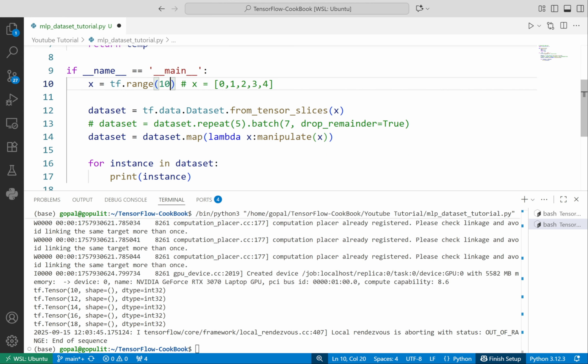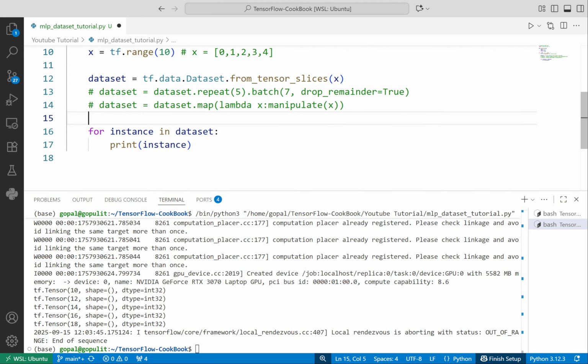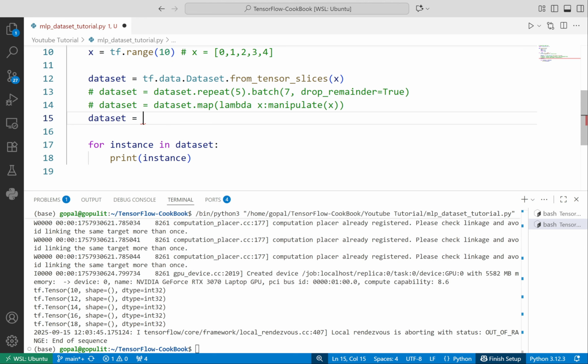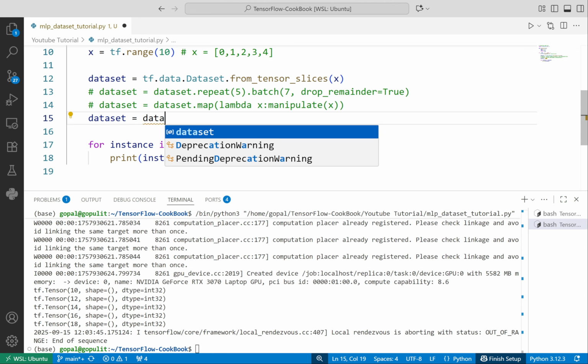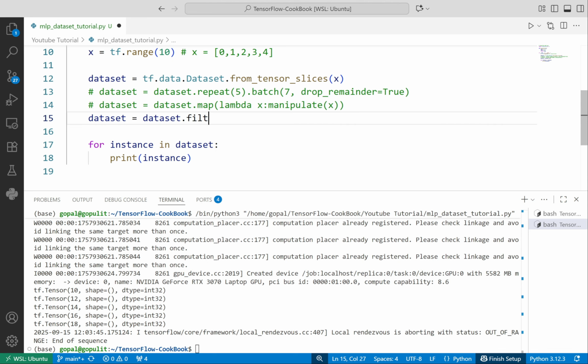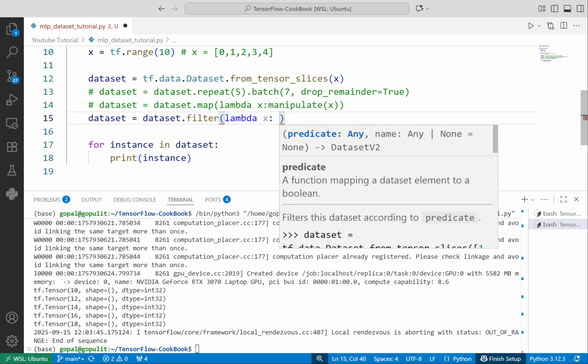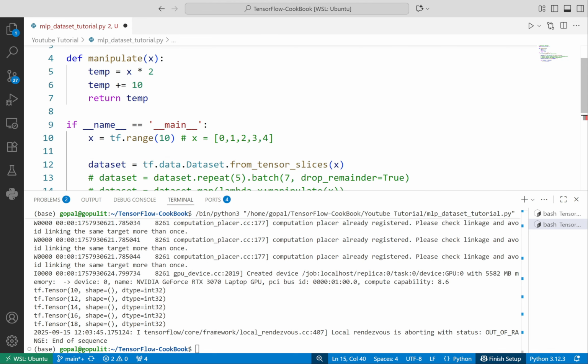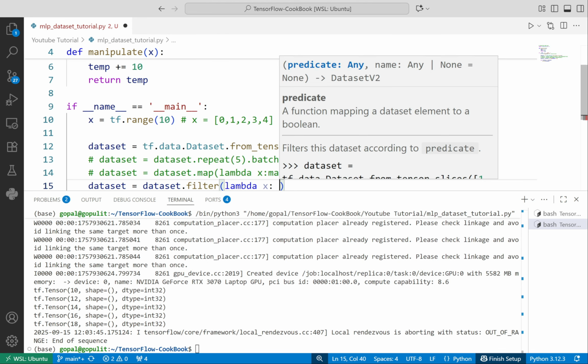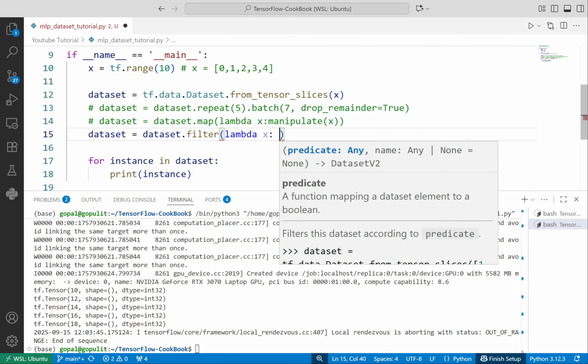Suppose map is one function. There are also several other functions like filter, which I like the most. Why? Because it will allow you to filter the elements. How does it do it? Let's say dataset.filter, and you take lambda x. Now it's the same, either you can create another function and do the operation. What it does is that for every element x, you need to return either true or false,